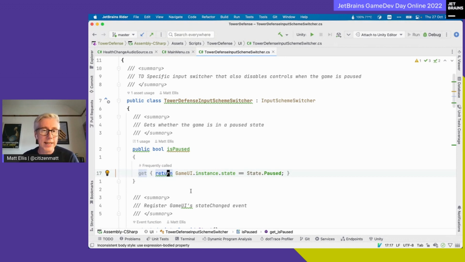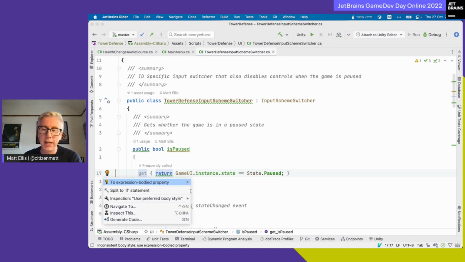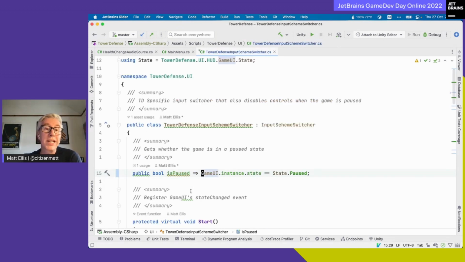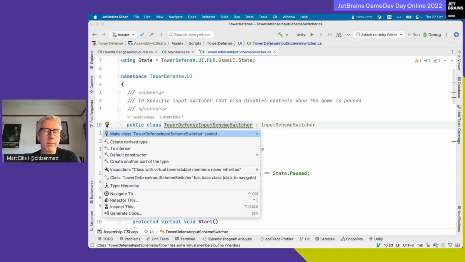It's fine to have a getter like that with a return statement here, but more modern C# can write your code a bit more tersely and use the arrow syntax there to provide a simple getter. We've got other things here, like we can make this item private, and it's also telling us that we're not matching naming rules there, so it might want us to capitalize that I. We've got another inspection at the top here. What's it saying? Got virtual members but no inheritors. Okay, well then